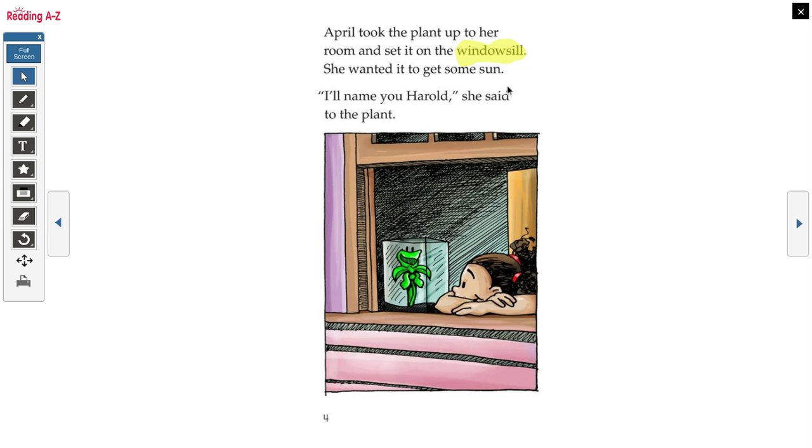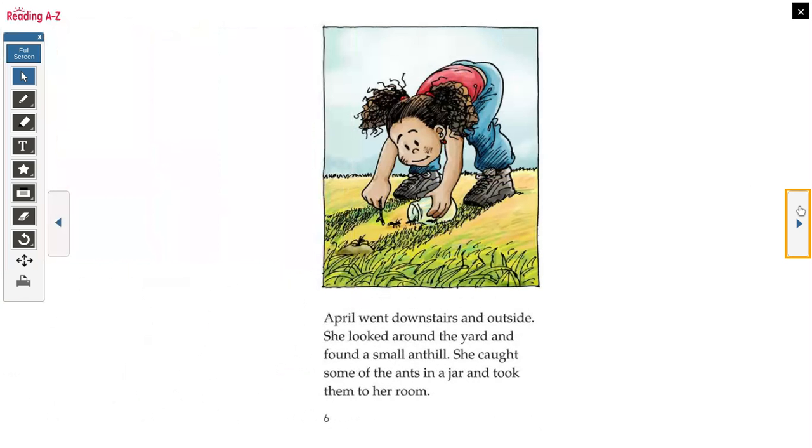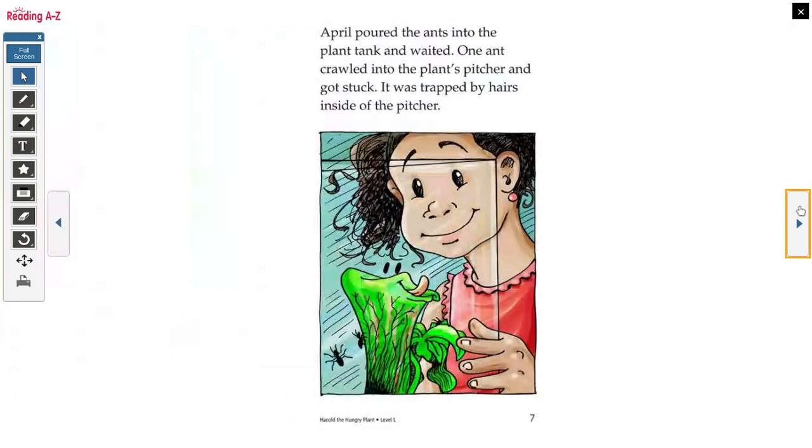She wanted it to get some sun. "I'll name you Harold," she said to the plant. She began to look at that little book that came with the plant. It showed pictures of flies and spiders being eaten by the plant. April learned that she was only supposed to feed Harold once a week. April went downstairs and outside. She looked around the yard and found a small anthill. She caught some of the ants in a jar and took them to her room. April,